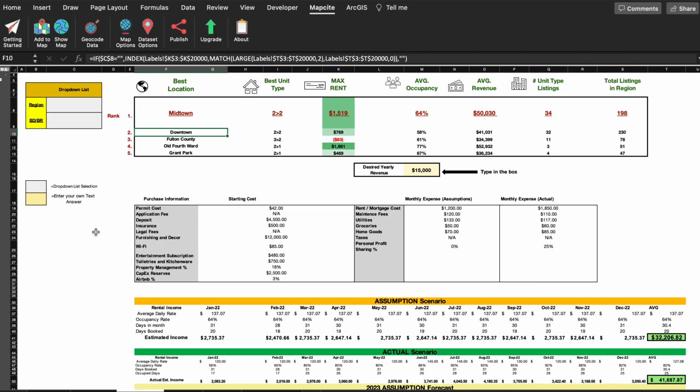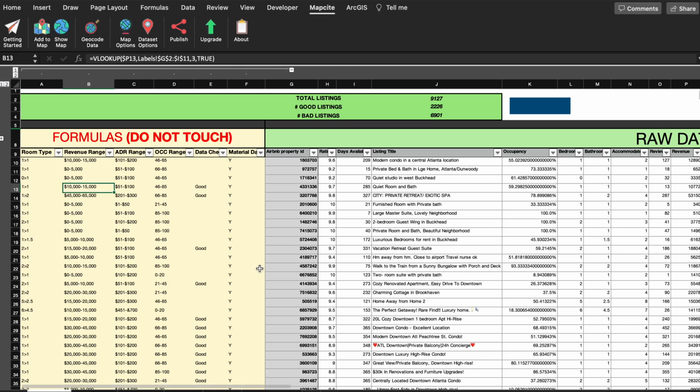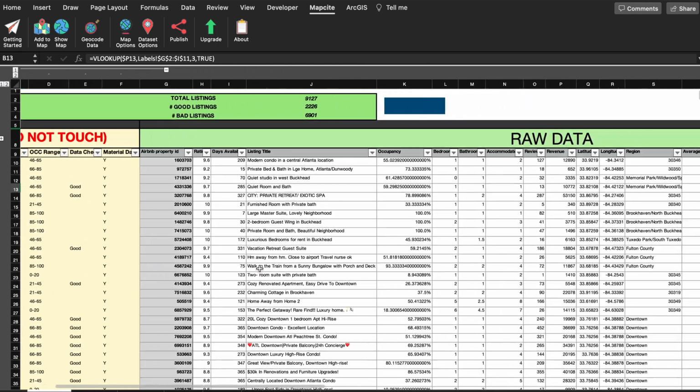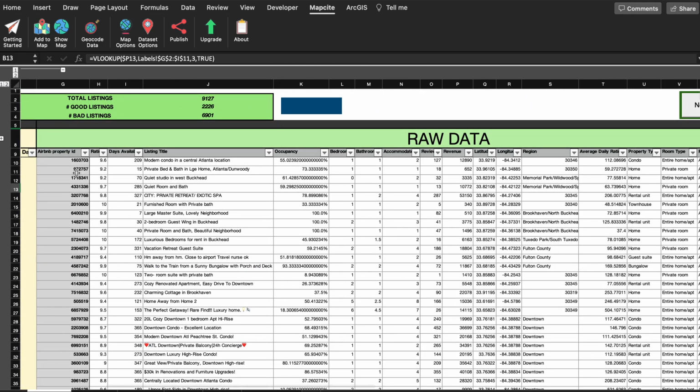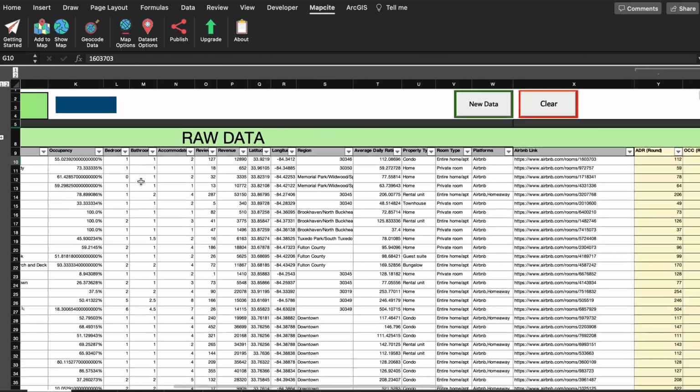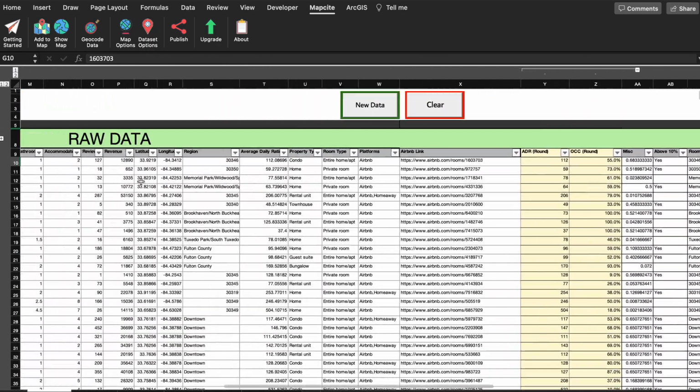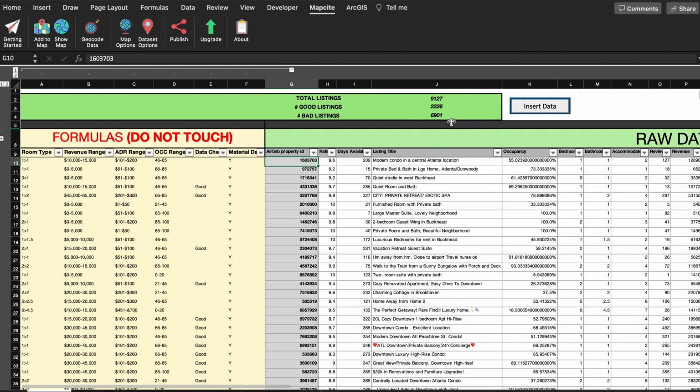And so I provide the data on this tab, and this is where I get all the data. These are all the Airbnbs, and at the time of extracting the data of all the listings, there were about 9,100. And I have some formulas running in the background to provide certain information around the analysis.